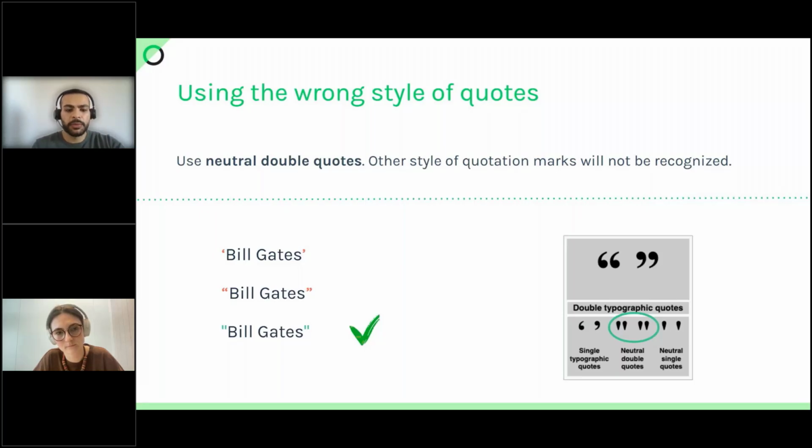This may happen when you are writing your query in a Word document and trying to copy paste it into the Boolean query builder. So you need to make sure that the quotation marks are the neutral double quotes instead of the curly quotation marks.